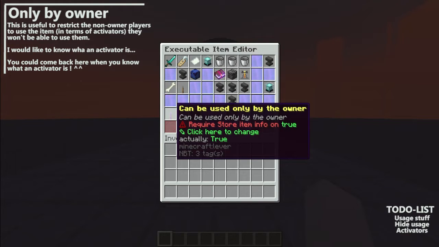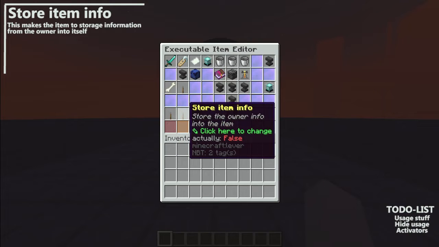In this case, I would like the item to be used by anyone, so let's set this to false. The next feature is store item info. As it says, this feature makes the item store the owner's info. This is useful, for example, to get placeholders and write them in the lore. For example,